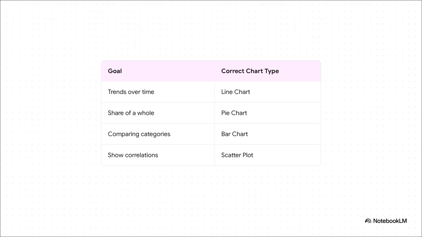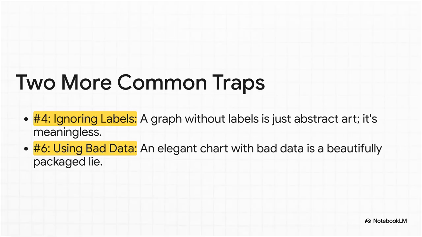A bar chart is perfect for comparing different categories. And a scatter plot is your best friend for finding correlations. Matching the chart to your story is absolutely non-negotiable. And our last 2 traps can instantly destroy all your hard work. The 5th trap is ignoring your labels and legends. A graph without clear labels isn't a graph, it's just